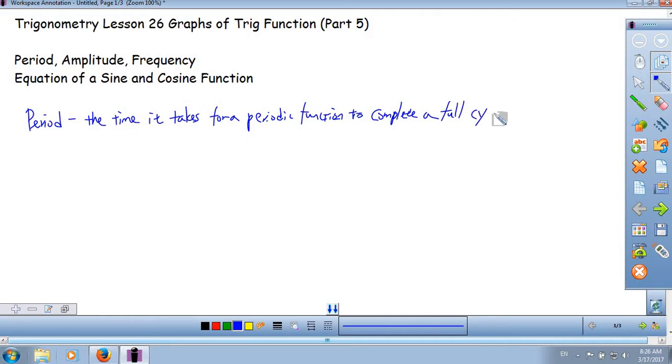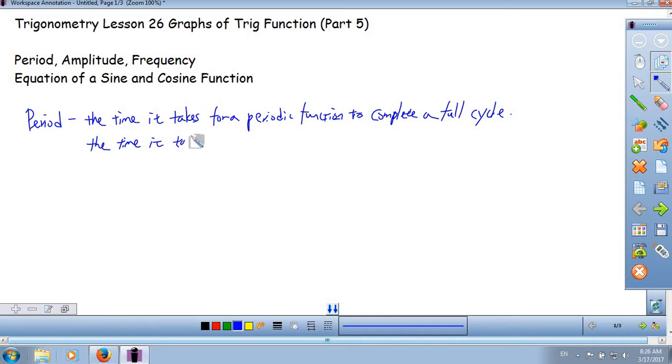What do I mean by full cycle? When we talk about a full cycle, we're talking about the function going through all its unique values before it starts repeating. So basically the time